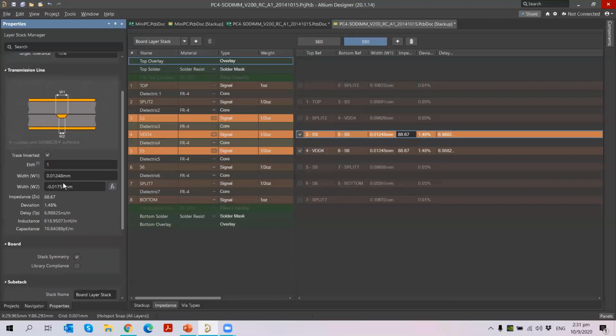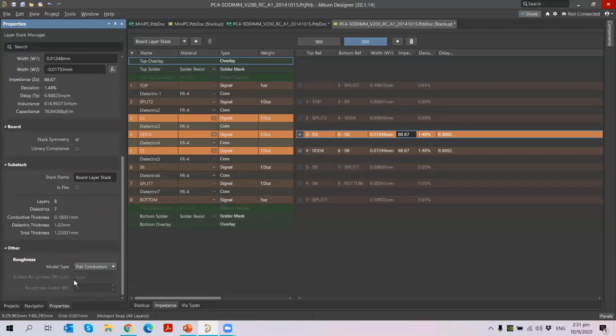Okay, so coming down, you will be able to see there is a roughness. This is what I was mentioning, which is a new feature introduced in 20. So this roughness is mainly for high speed design impedance calculation. If you go for high speed design, there will be high switching frequency, which causes the greater skin effect.